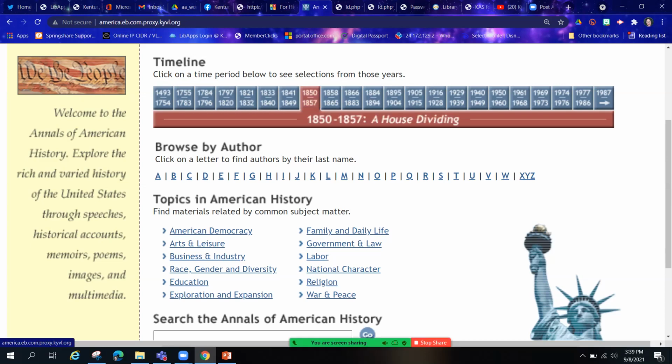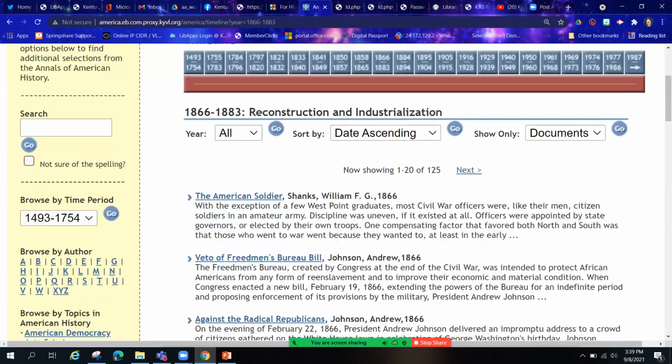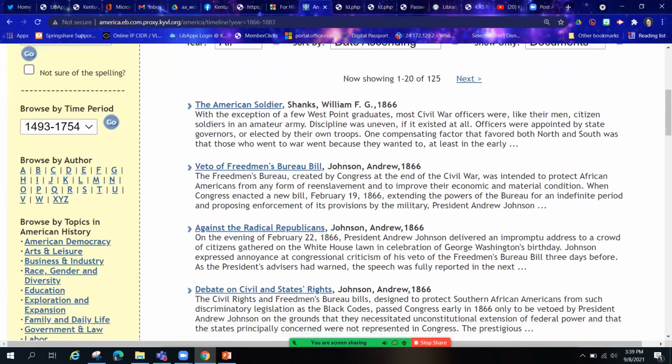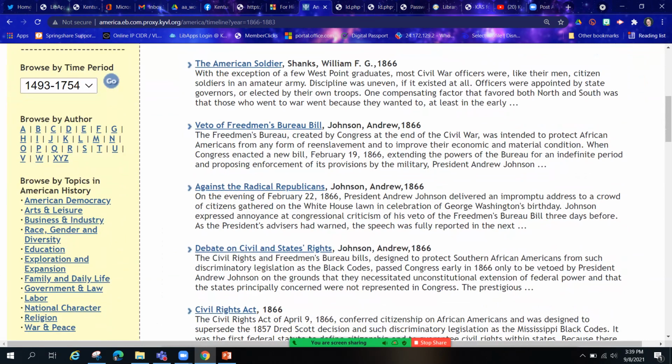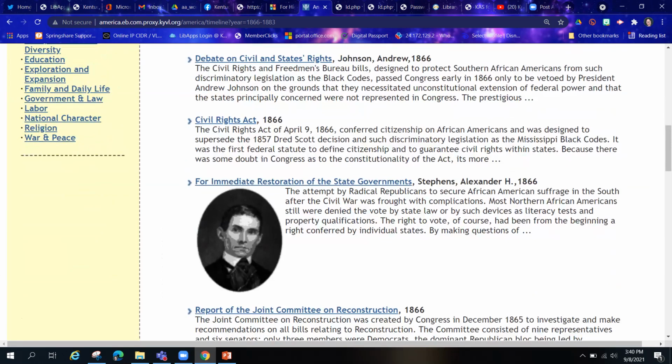So I also really like that it has this timeline. So I can pick a period of years off the timeline. And then these are all going to be accounts or speeches, editorials written during that time period. So students can get a real sense of what was happening and what people were thinking about. So if I pull up this one,